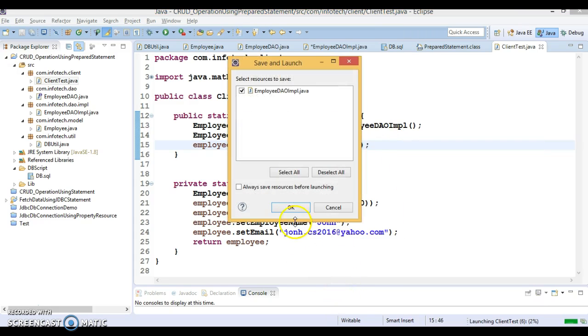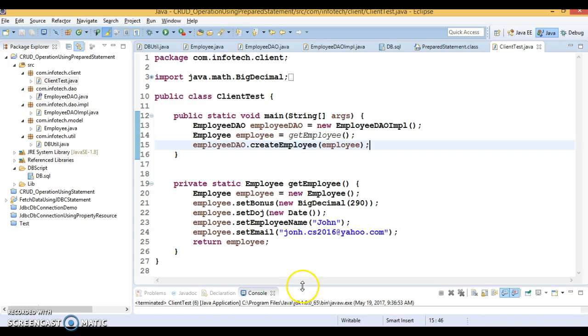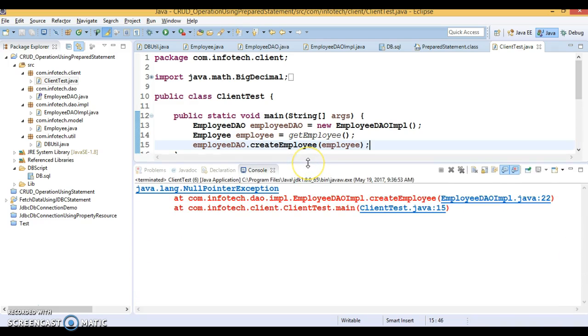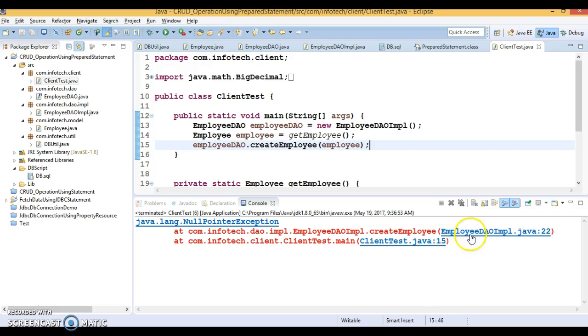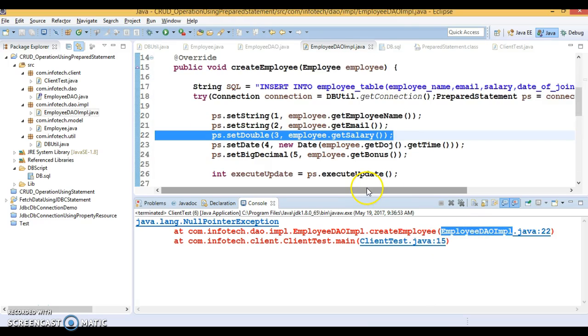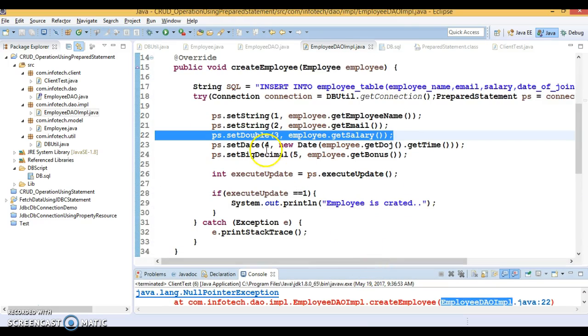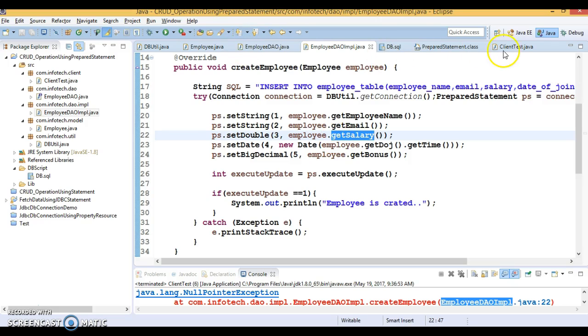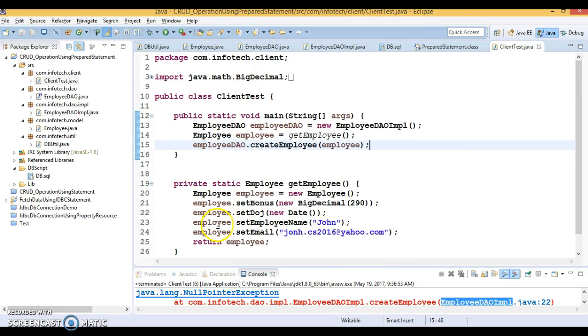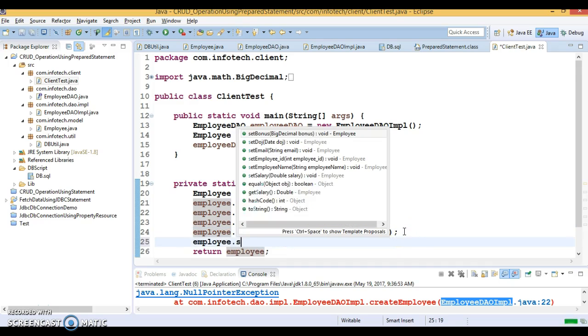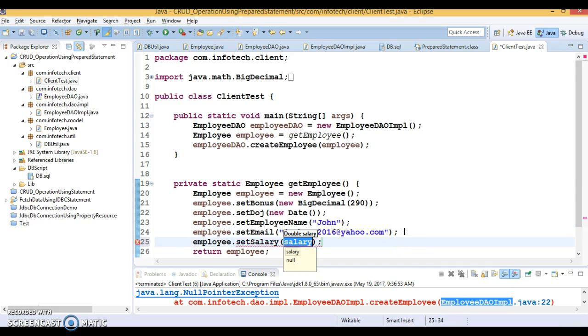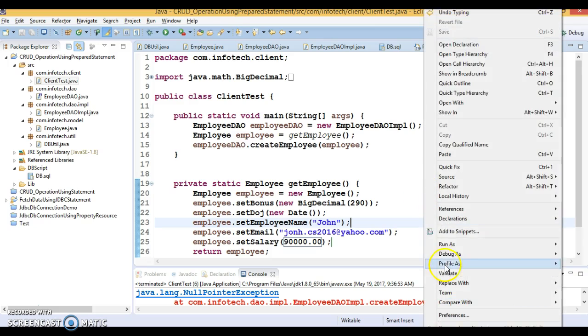If I run, then you can see we are getting a null pointer exception. Let me check it out. Salary we haven't set, so that's why this is throwing an exception. So let's come back over here and let's set the salary as well. So I would say set salary, and salary I'm going to set 90,000. Okay, so after setting salary,